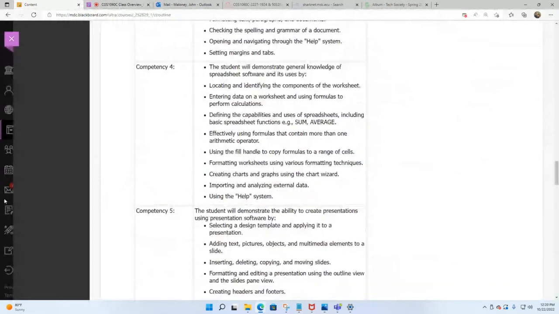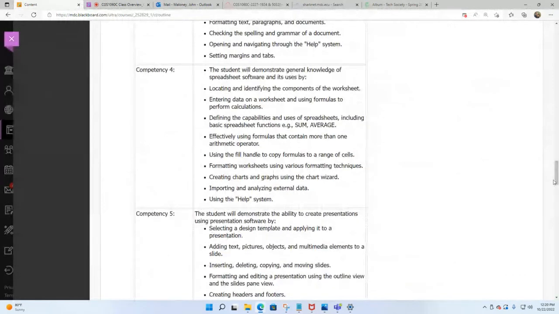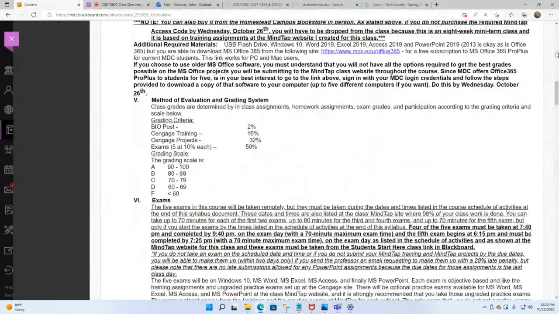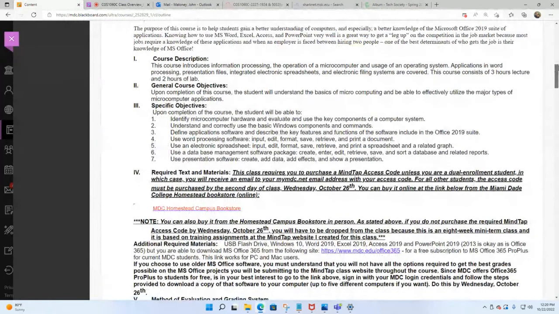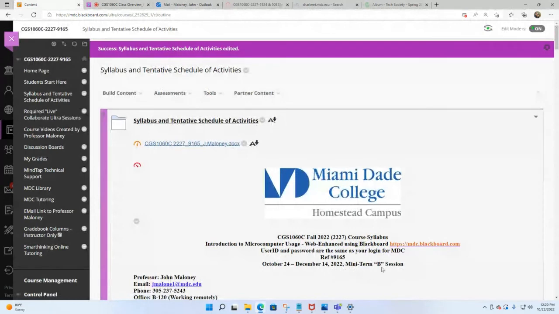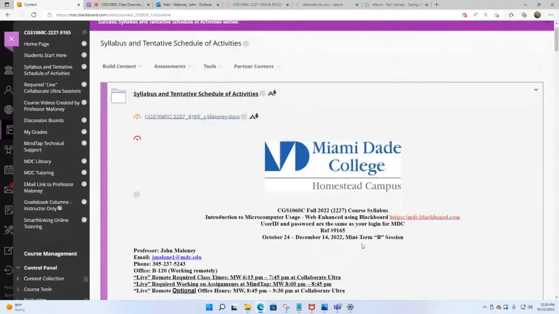So that's the syllabus again. But Monday, Wednesday, I was saying, and Tuesday, Thursday, everything is the same. It's just which day, not anything else but the day, okay? So if you're Monday, Wednesday, yours is going to be reference number 9165. If you're Tuesday, Thursday, yours will be reference number 2143, all right?